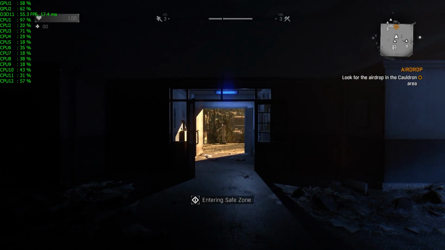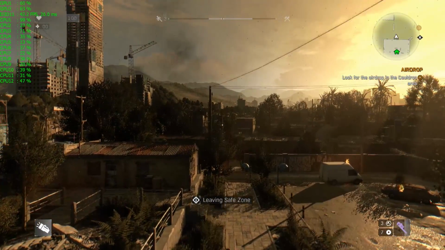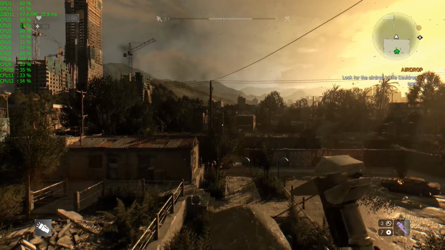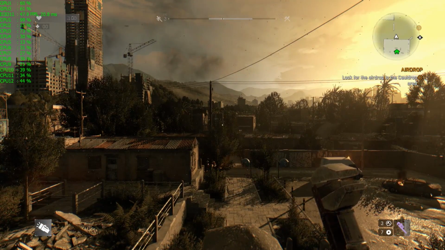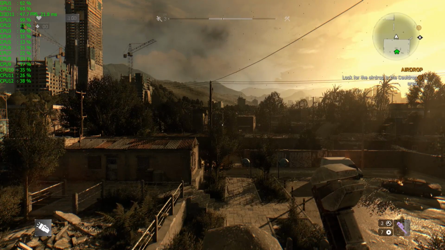Have a little dash forward. There we go. So this is about the same run here, right on top of this. About 47 frames per second. Huge difference. Absolutely massive. Alright, now we're going to turn one of the cards off and we're going to repeat